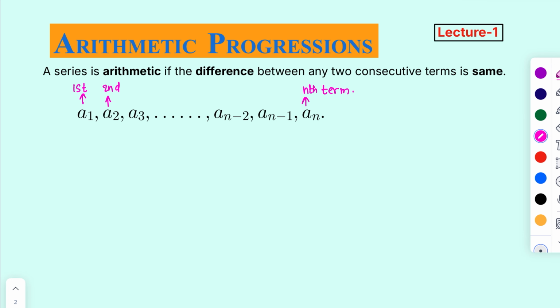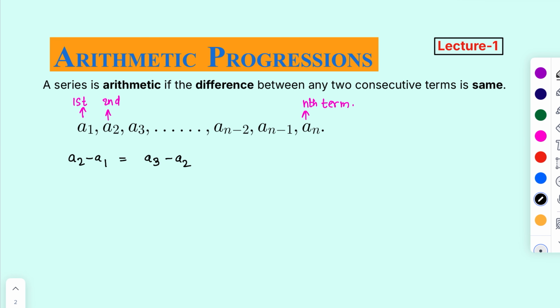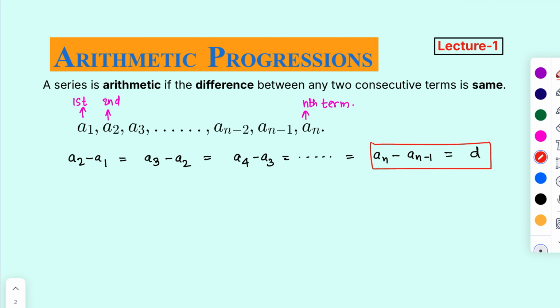और इसमें ये बोल रहा है कि डिफरेंस बिटवीन एनी टू कंजिक्यूटिव टर्म्स, जो भी दो कंजिक्यूटिव टर्म्स लेंगे उसका बीच का डिफरेंस रहेगा सेम। वो सेम डिफरेंस को हम बोलेंगे कॉमन डिफरेंस। दैट मीन्स वी कैन राइट, अगर हम A2 माइनस A1 लेंगे, A2 माइनस A1 जो आएगा, A3 माइनस A2 लेंगे वही आएगा। सिमिलरली A4 माइनस A3 लेंगे वही आएगा। और AN माइनस AN-1 लेंगे वो भी वही सेम आएगा। एंड दैट इज कॉल्ड D, विच इज कॉमन डिफरेंस।